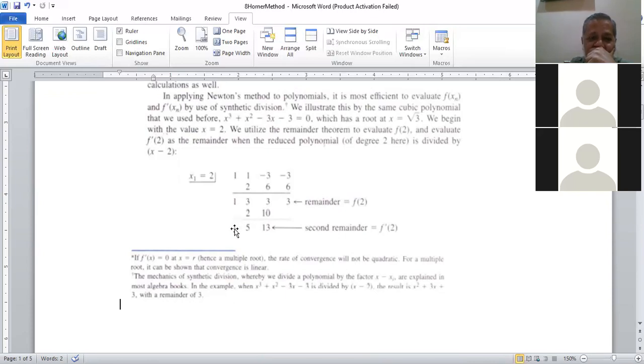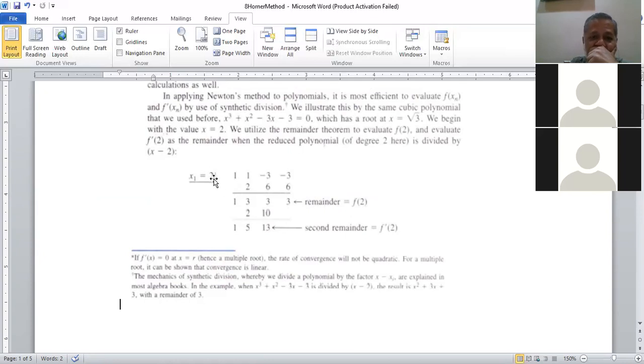1 written as it is, 2 into 1 is placed here. These two numbers added becomes 5. 5 multiplied by 2 is 10. These two numbers added becomes 13. अगर क्वाड्रेटिक एक्सप्रेशन जो है x स्क्वायर प्लस 3x प्लस 3 इज इक्वल टू 0 कर दूं